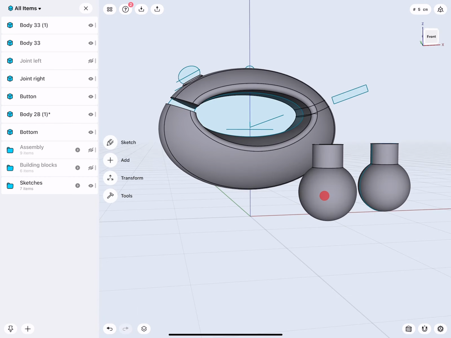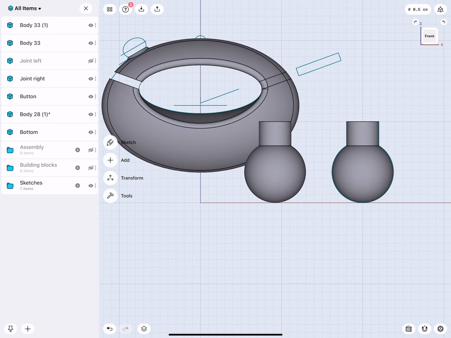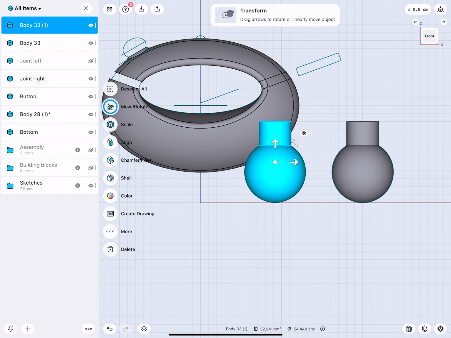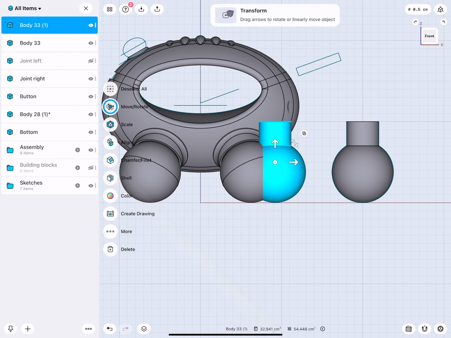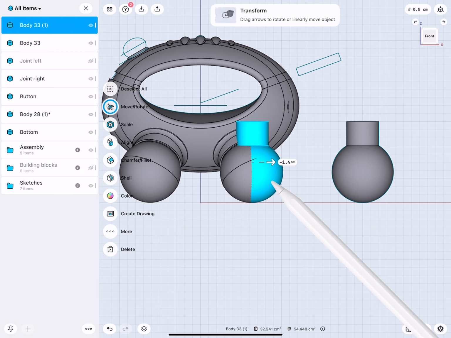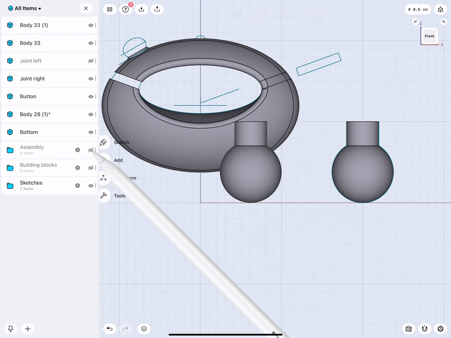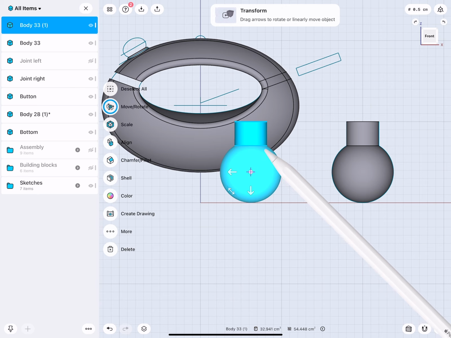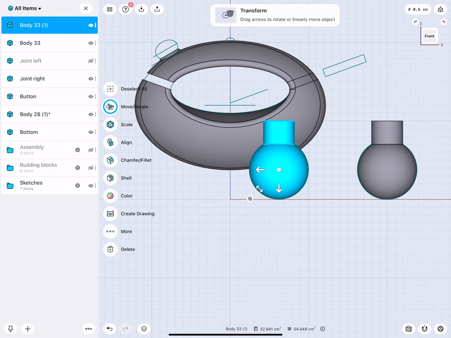Yeah, so how do we rotate this now? Also here, bring this into the correct position. There we are. So when we double tap and then move the widget, you see how, hey, there's a sphere. It finds the correct center.